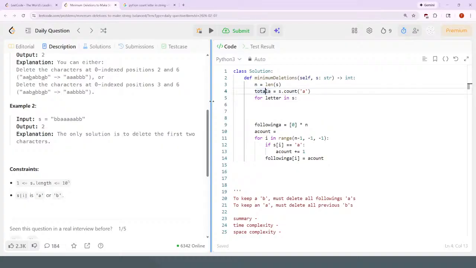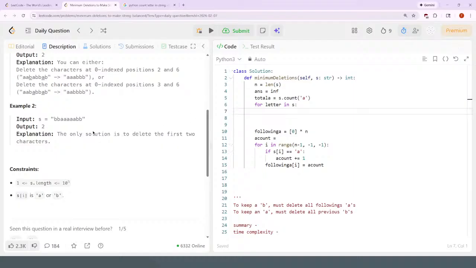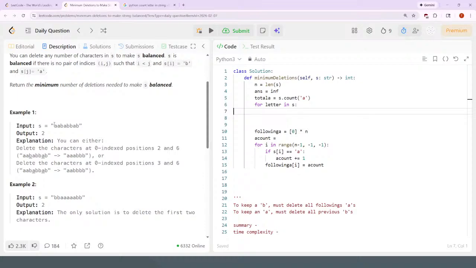I think I need to know. So basically, I'm considering whether or not I want to be at this point be the point where I have deleted all prior B's and I'm keeping this letter. Like all prior B's I delete, all following A's I delete. Is that how I want to think about this? If it's an A,